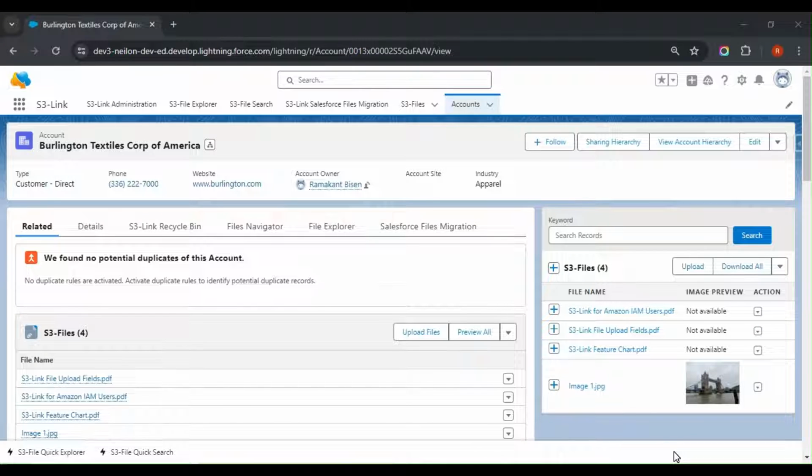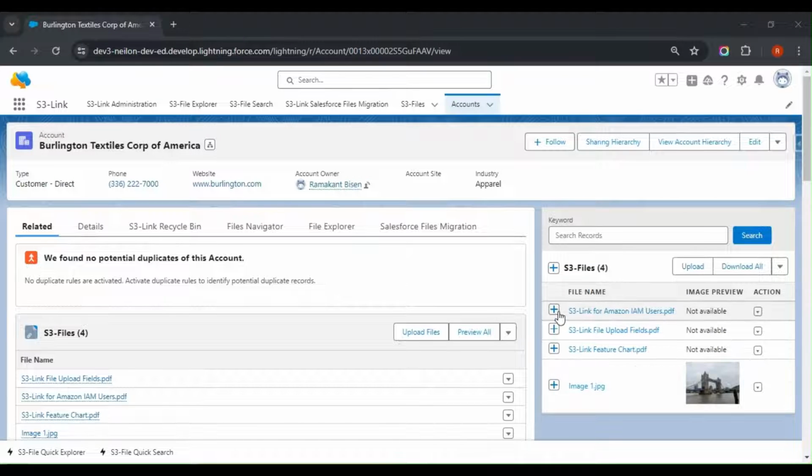All these actions we performed so far were for a single file. But you can perform all these actions for multiple files as well. Let's see how you can use these actions for multiple files. Let's start with Download. This will download multiple files and zip them.